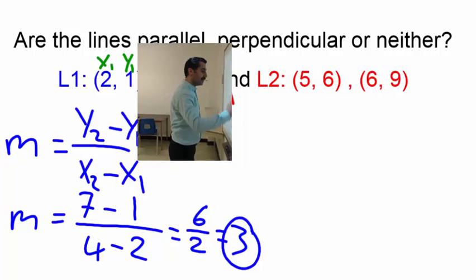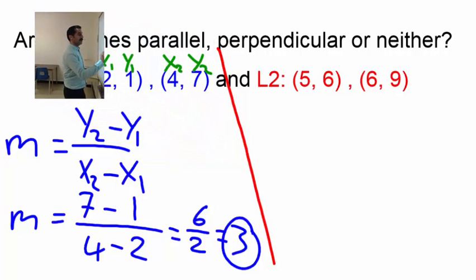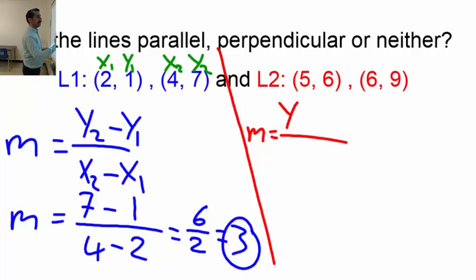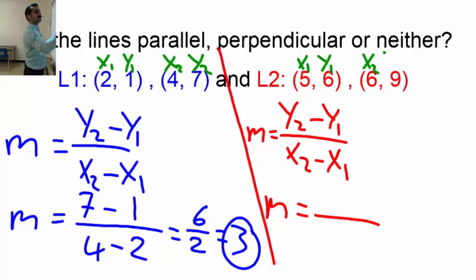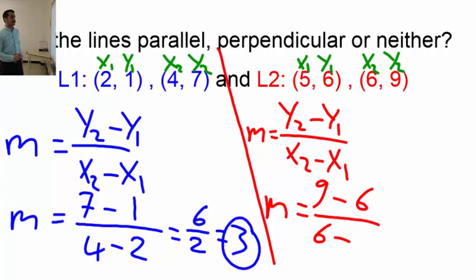Now let's calculate the other line, segment 2. Slope equals y2 minus y1 over x2 minus x1. I have to label it, x1, y1, x2, y2. So y2 here is 9 minus y1 is 6, and x2 is 6 minus x1 is 5, equals 9 minus 6 is 3, divided by